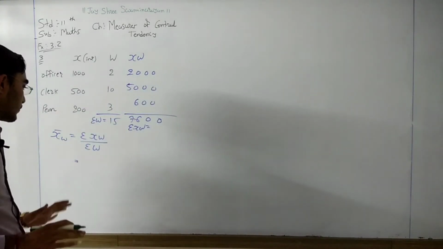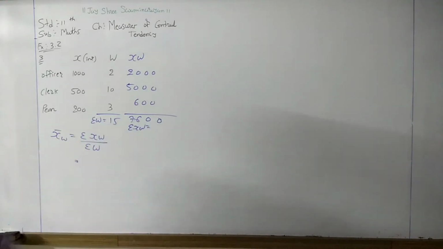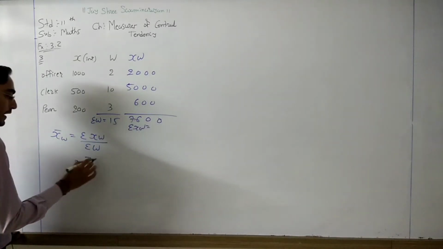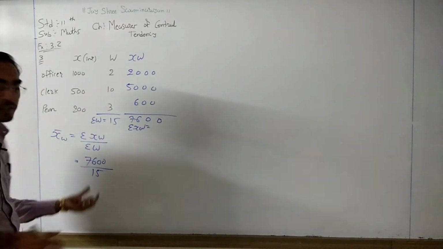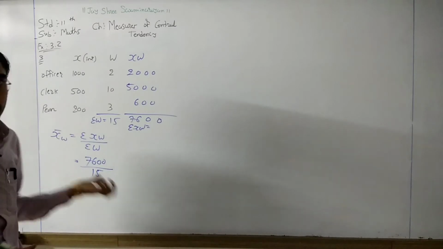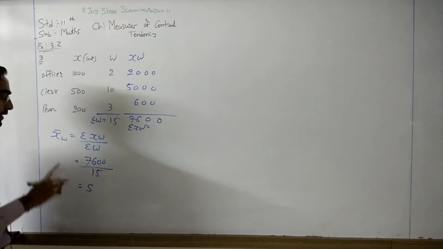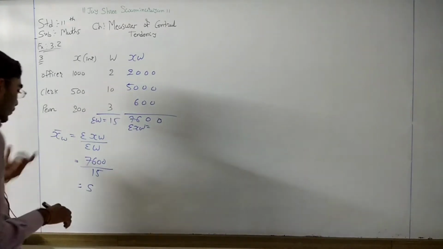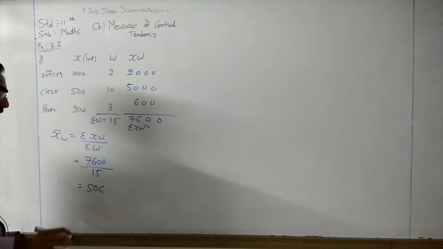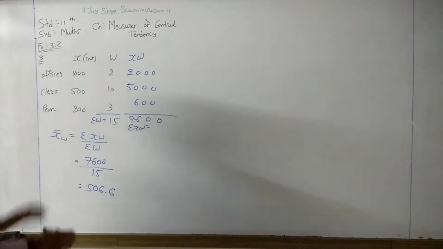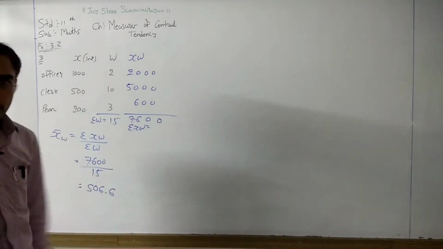Okay. Now for finding out the weighted mean, sigma xw by sigma w, so we need to put this value in the formula. So here 7600 divided by 15. So finally just find out the division of 7600 divided by 15. So use your calci. Here 15 5s are, then 1 is remainder 10. Okay, so one more we want 0, 9, 15 6 are 90, 10 remainder again 6 are, again 10 remainder, so 6 continues, right? So 506.666 continuously.